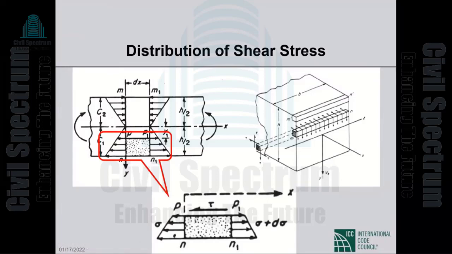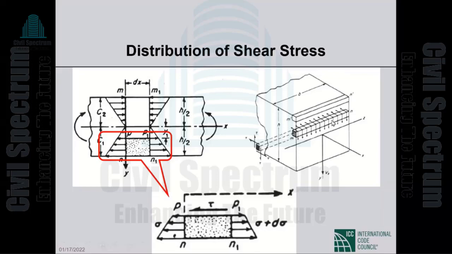We begin with the simplest case of a beam of rectangular cross-section and assume that V sub x is the resultant shear force on a chosen cross-section, dividing the cross-section into